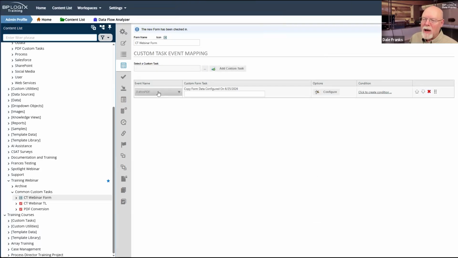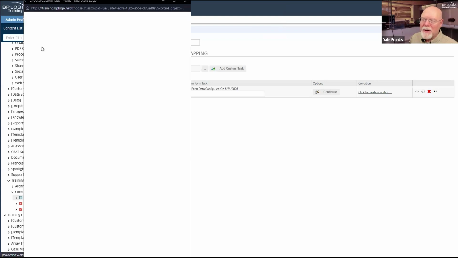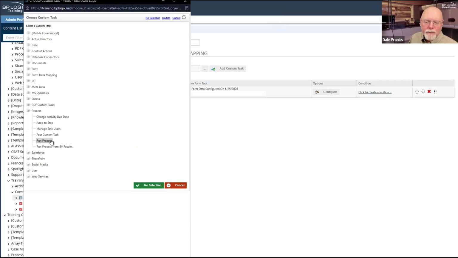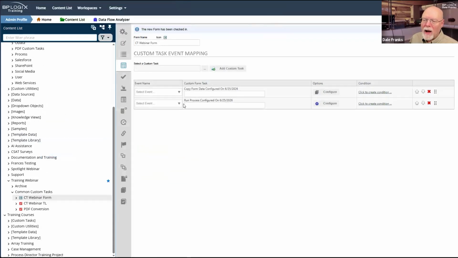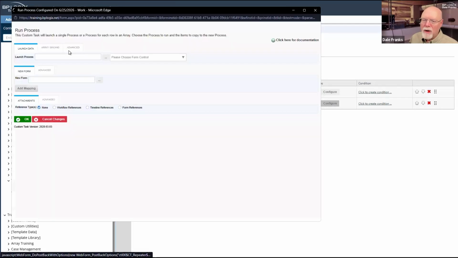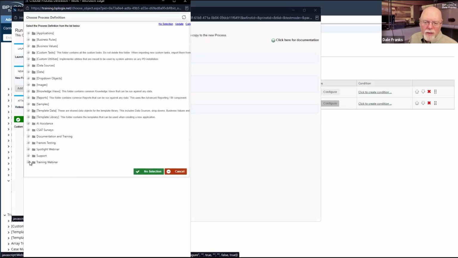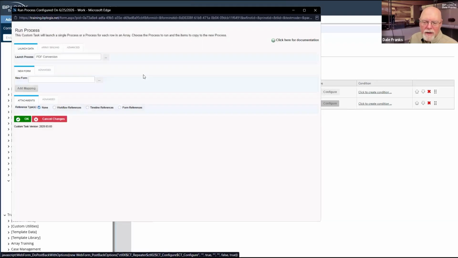Let me just turn that event off. So let me just create the process and run process. We'll add that custom task. There's my PDF button. Now we'll configure my run process. And obviously, of course, the process we're going to call is our PDF conversion.